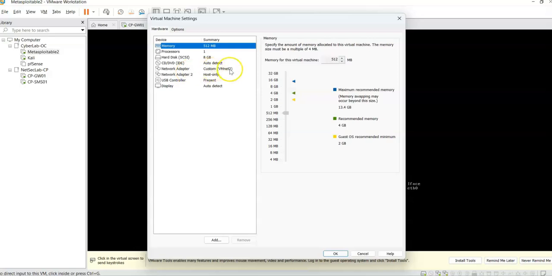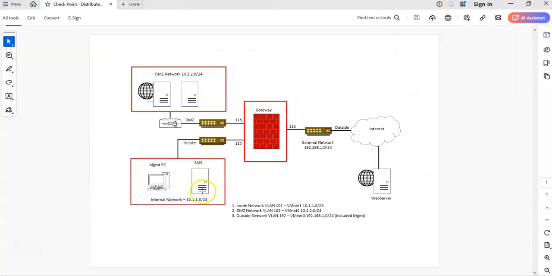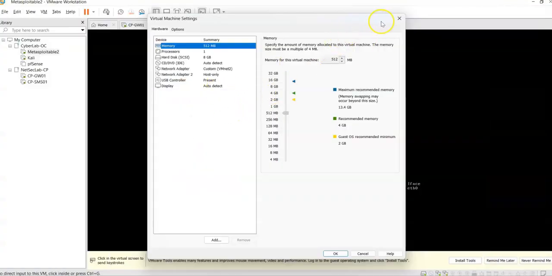So if you see the settings, it's connected to VMnet 2, and from our design, we know we have some subnets we created, the local LAN 10.1 and also 10.2 from the DMZ. So I put a web server here using Metasploitable and one machine from the internal network, which is Kali. So what I'm trying now to do is